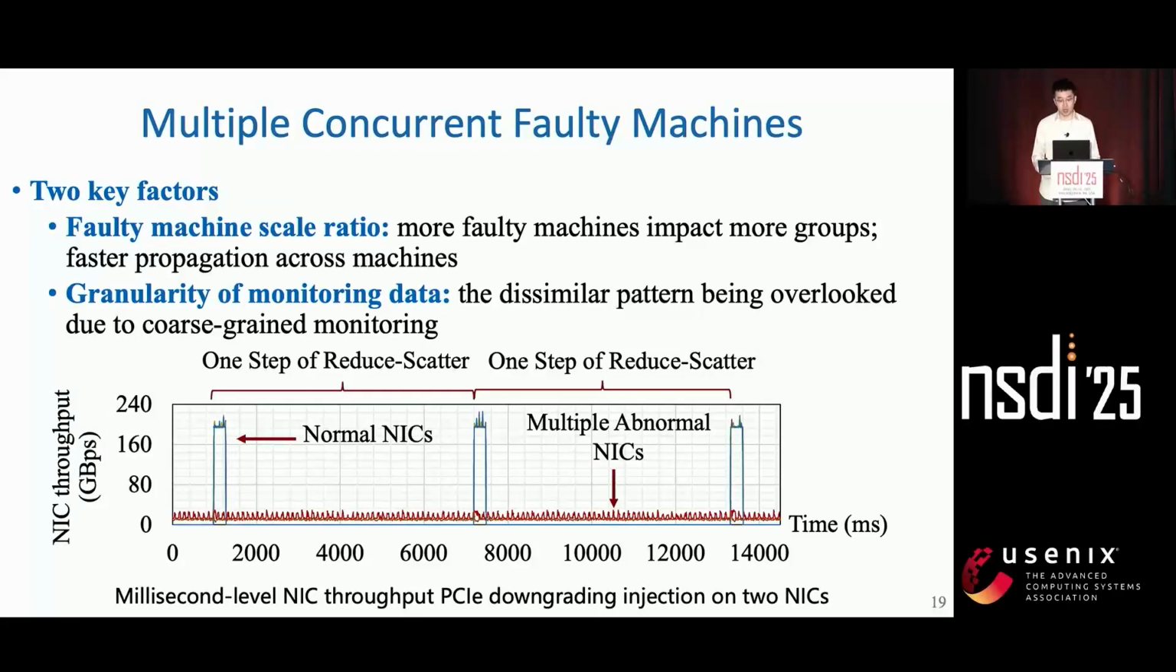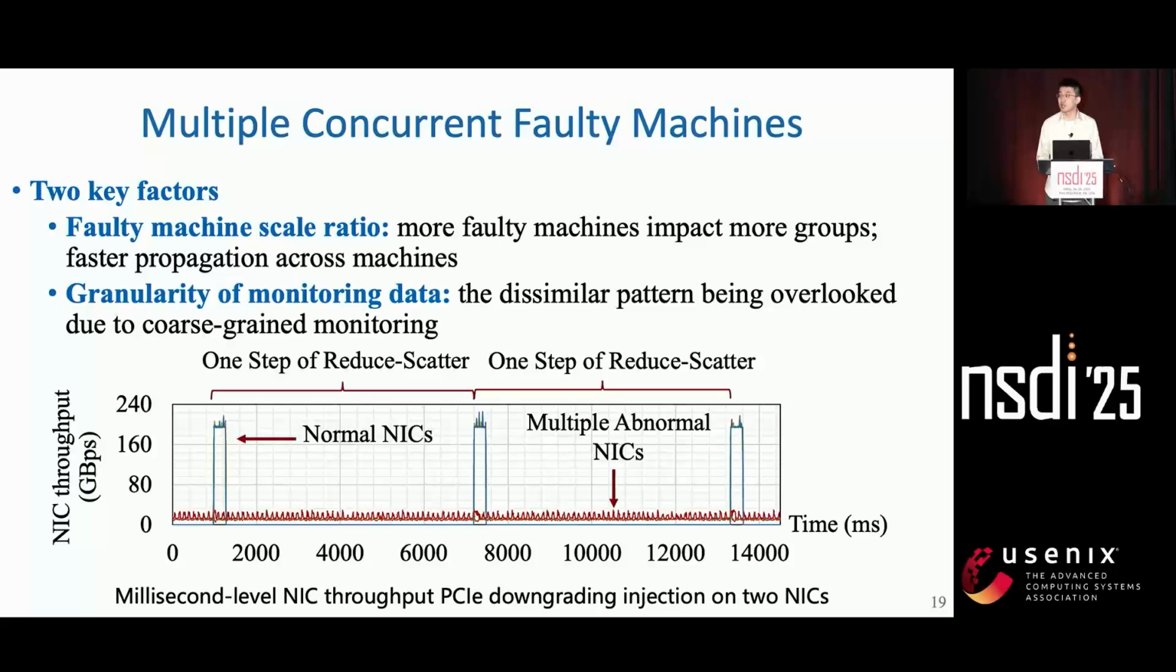We also evaluated Minder's ability to handle multiple faults. In a parallel setting, a higher number of concurrent faulty machines affects more communication groups, accelerating negative propagation across the cluster. The granularity of the monitoring data determines how well this propagation can be observed. With coarse-grained monitoring, dissimilar patterns may be overlooked due to the short duration of each iteration. In our production environment, cases of concurrent faulty machines are actually rare and typically occur due to atomic switch reboots